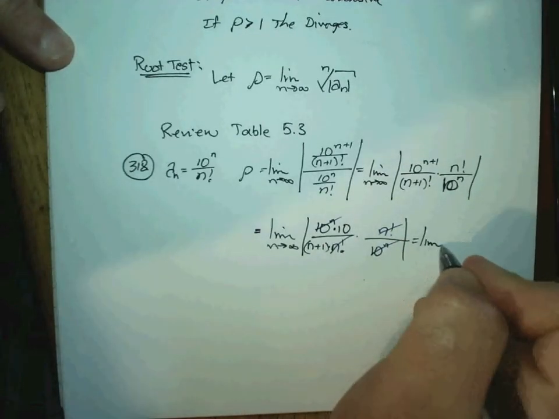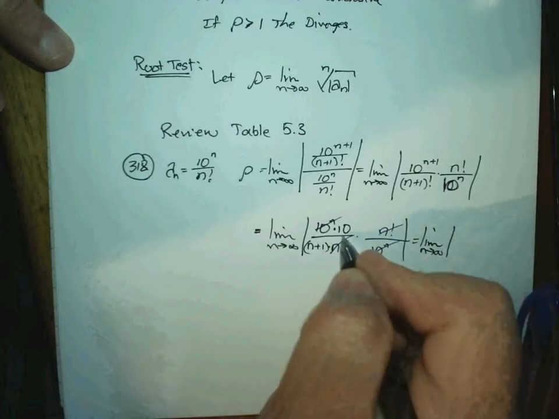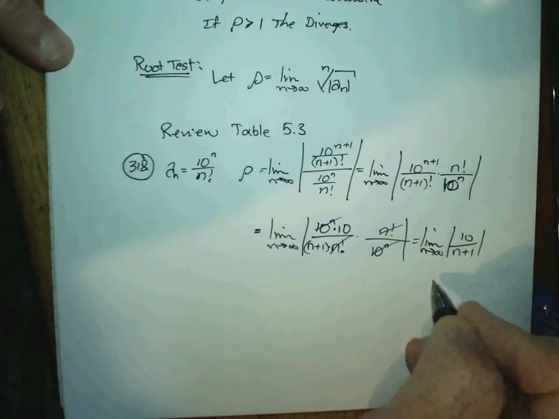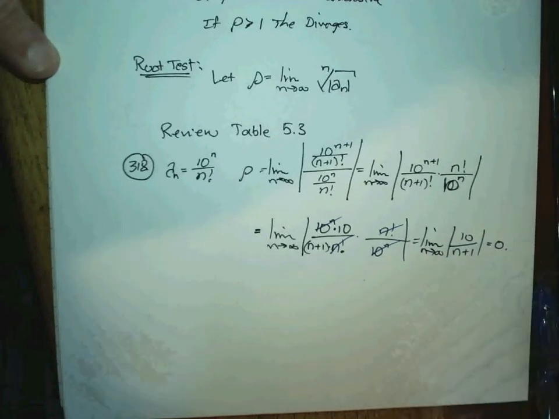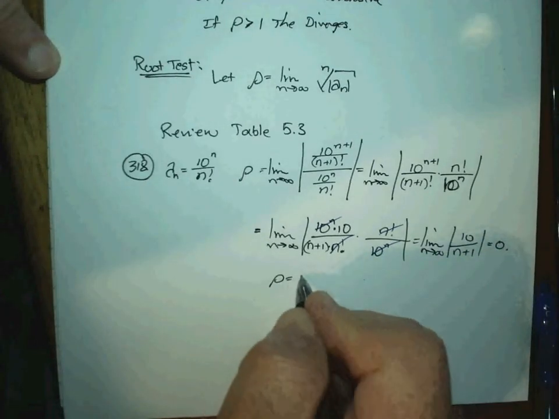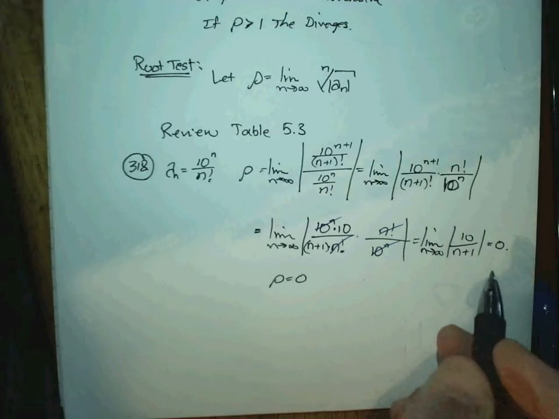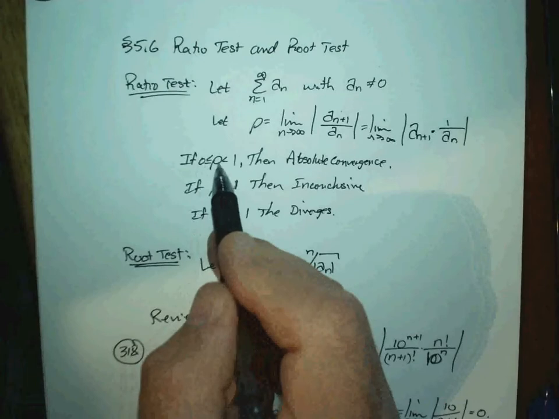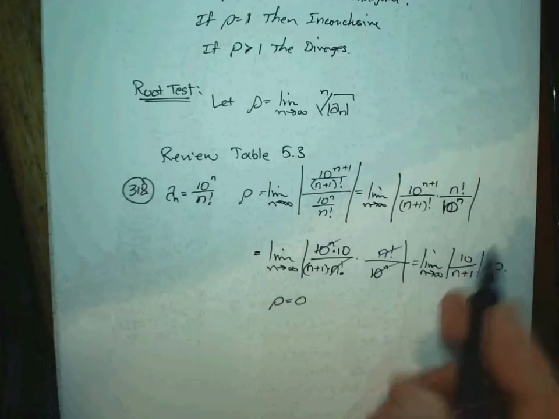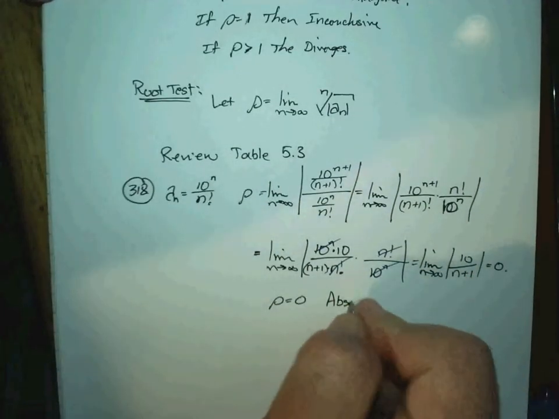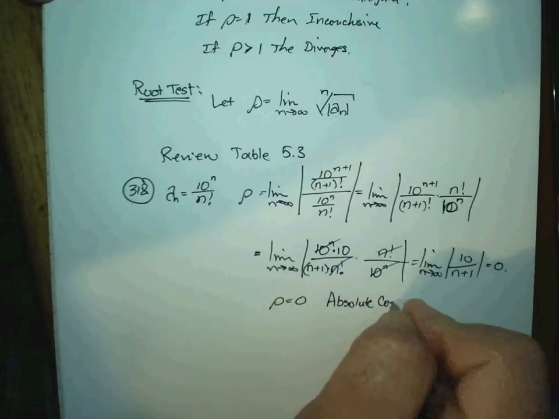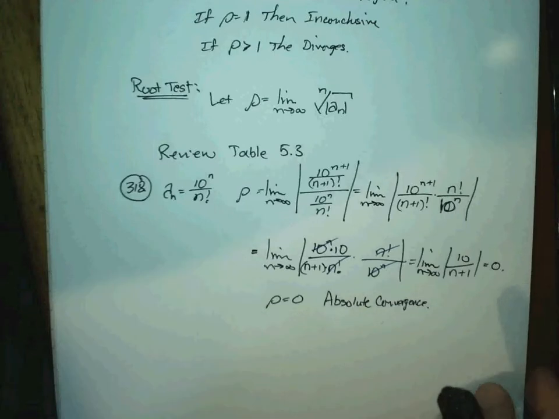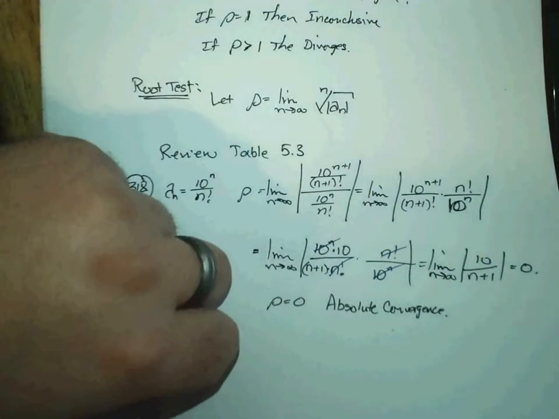And you're taking the limit up top of 10 over n plus 1. And of course, as n goes to infinity, that goes to 0. So the rho value you found is 0. And the conclusion from our test, if your rho value is 0, then you have absolute convergence. And you're done with the test. Okay? All right, let's try